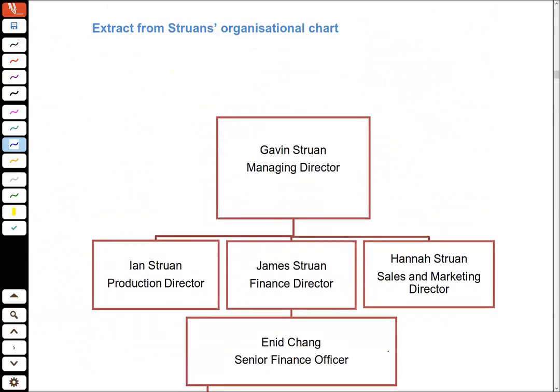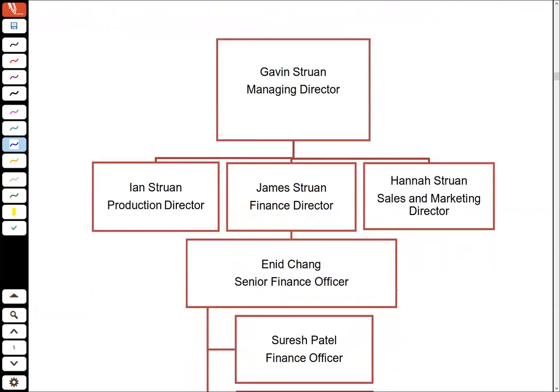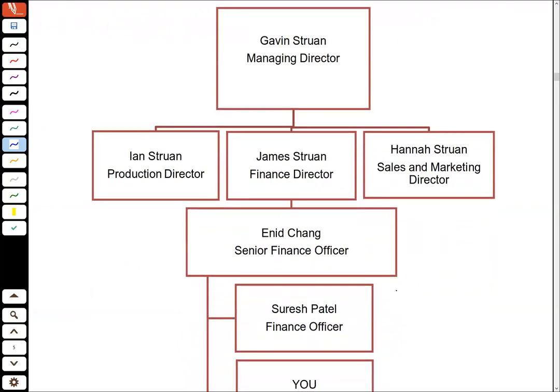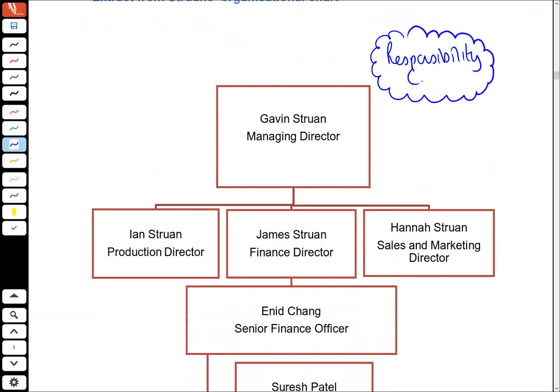We then have a nice organisation chart. The organisation chart is very basic. It's a functional chart, isn't it? And this is something that Kirsty will take you through. However, it is important for us to understand this from a responsibility centre point of view. Although we're not given all of the information here about the responsibility, it does give us an idea on responsibility. So we've obviously got Gavin at the top,